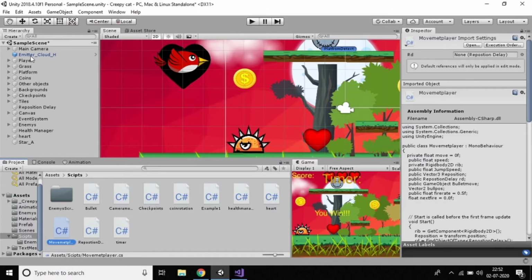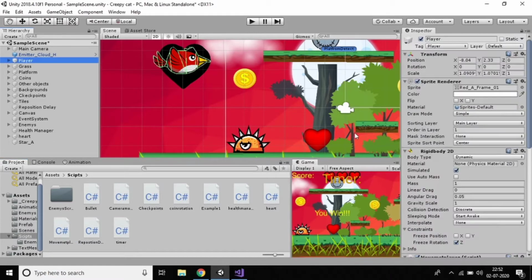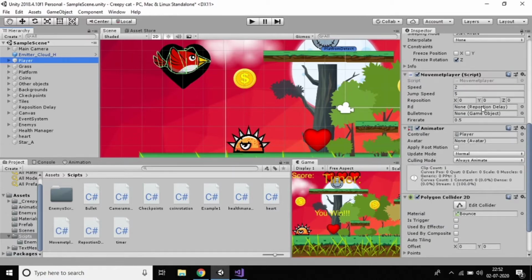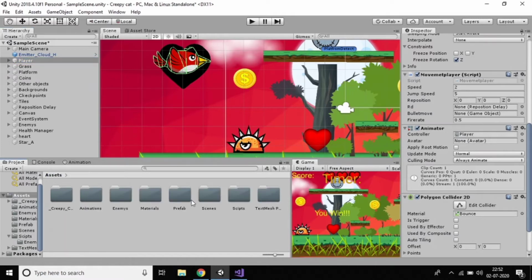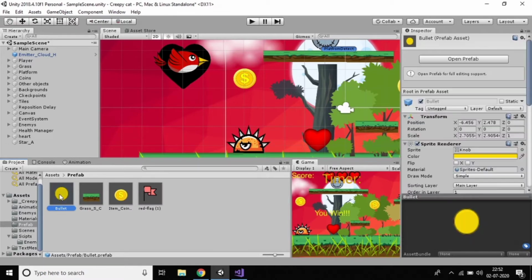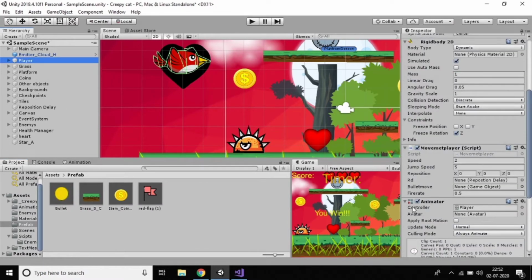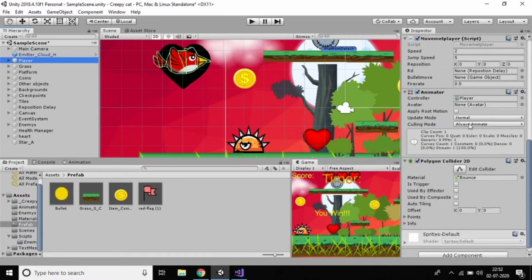So for that, just go to the player button, and we need to drag the bullet here, right? It's already there in the prefab. So just go to player, drag and drop the bullet.